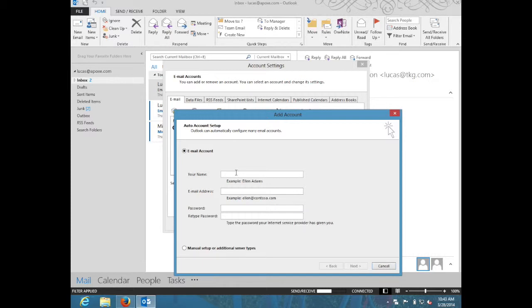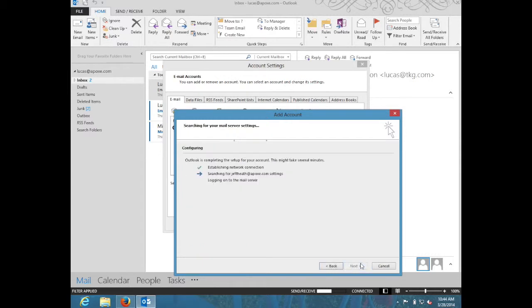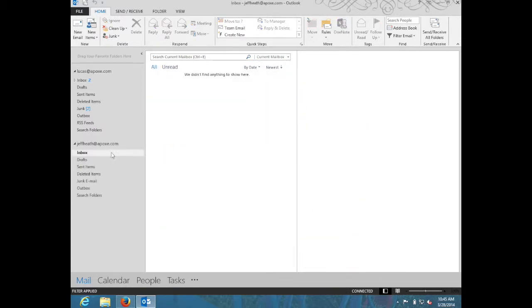Then I'm going to go ahead and put in the user information. Hit Next. Outlook is going to go out and it's going to query our server and automatically pull back settings for this email account. So that way you don't have to put in server settings and port settings. It'll just automatically configure. It may take some time, so we'll give it a minute. Okay, the account's been added, so I'll hit Finish, Close, and notice how the second account shows up at the